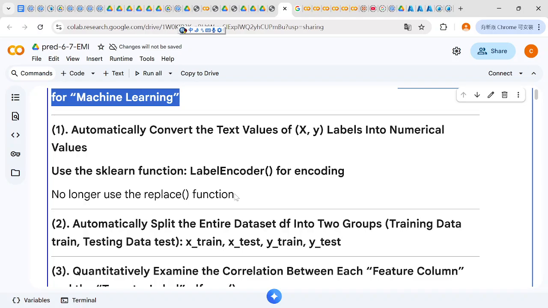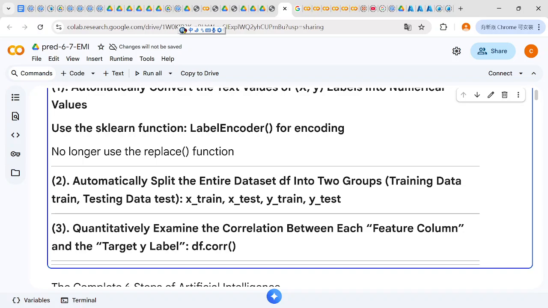We use the scikit-learn function, the label encoder, for encoding, and no longer use the replace function. The second, we automatically split the entire dataset of DF into two groups, the training data and the testing data. And the third is